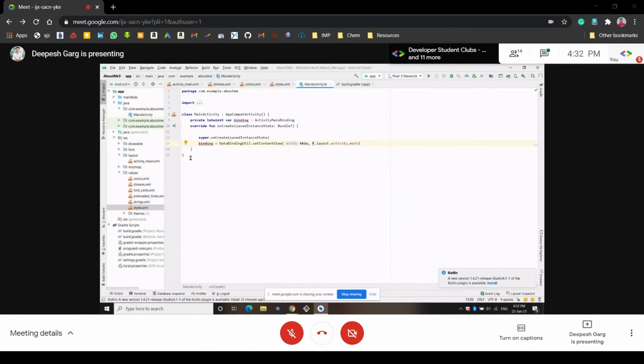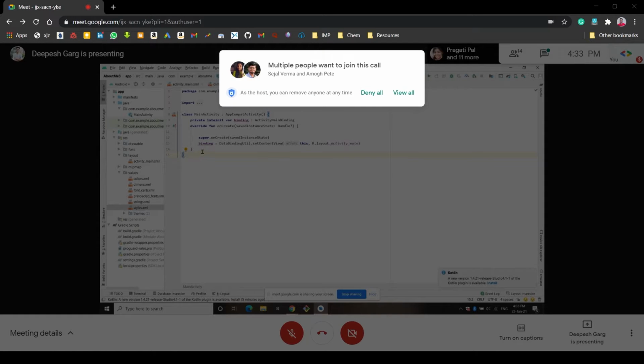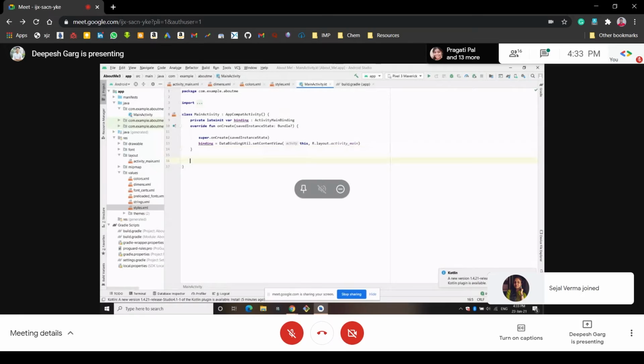So let us first create one function called add nickname here, so that whenever a person writes some text inside that view, this function can be called, something inside that function can be done, and we can get the output accordingly. So let us create this function.